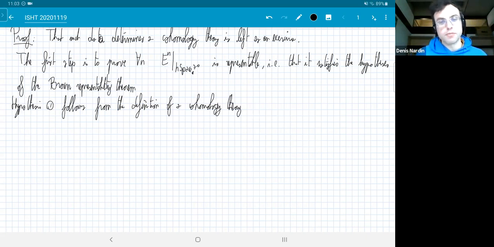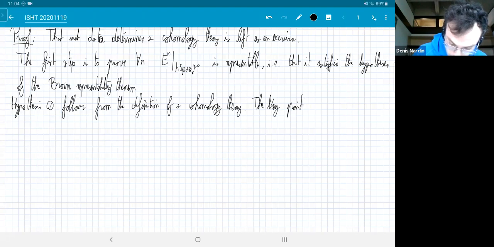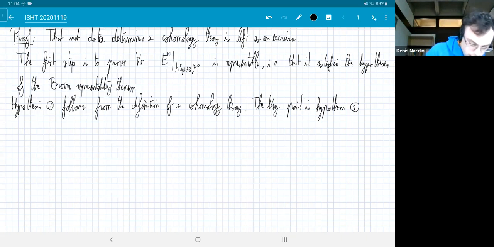And if you want, the fact that products in abelian groups are the same thing as products in sets. But okay. So the key point is hypothesis 2. And hypothesis 2, well,